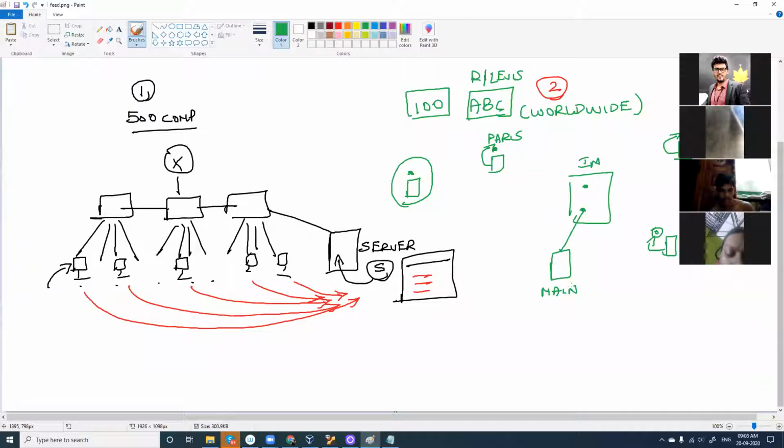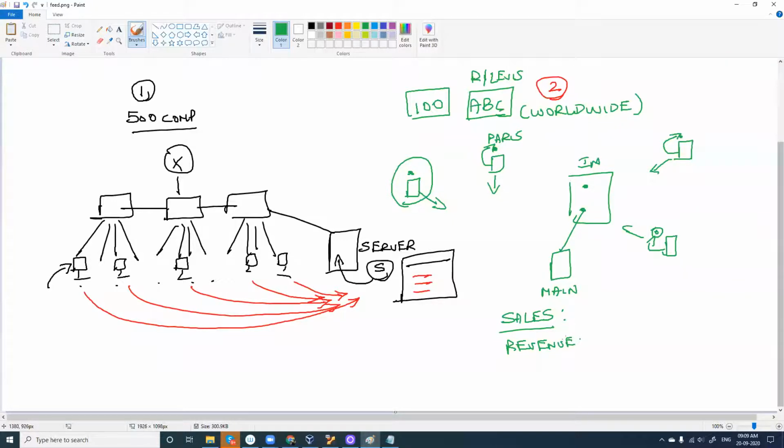So what can we do with this main server? In case I wanted to see, as the head team here, what is today's sales and how much revenue we have made from all the branches, what should I do? I should collect the information from all these branches, ask them to send today's sales report, and then I have to calculate and come up with a result like this.